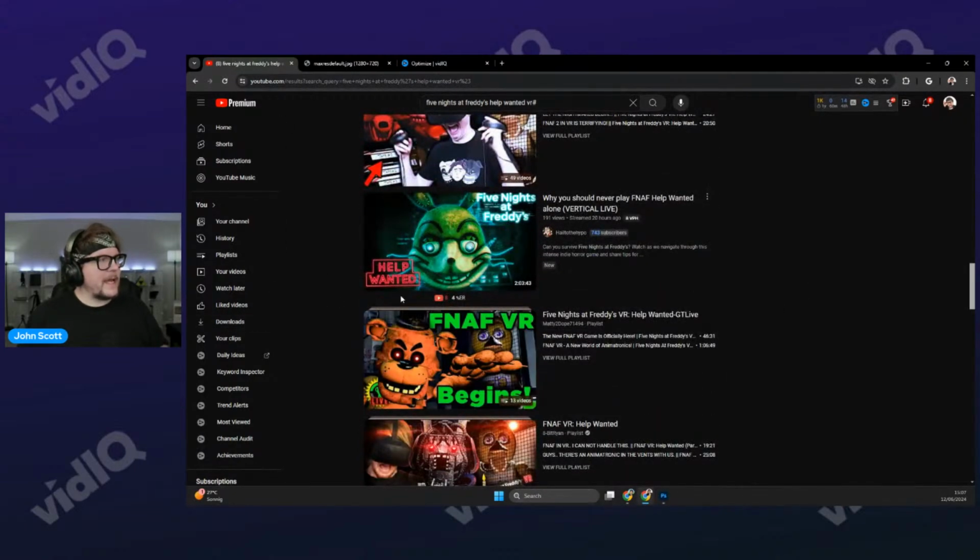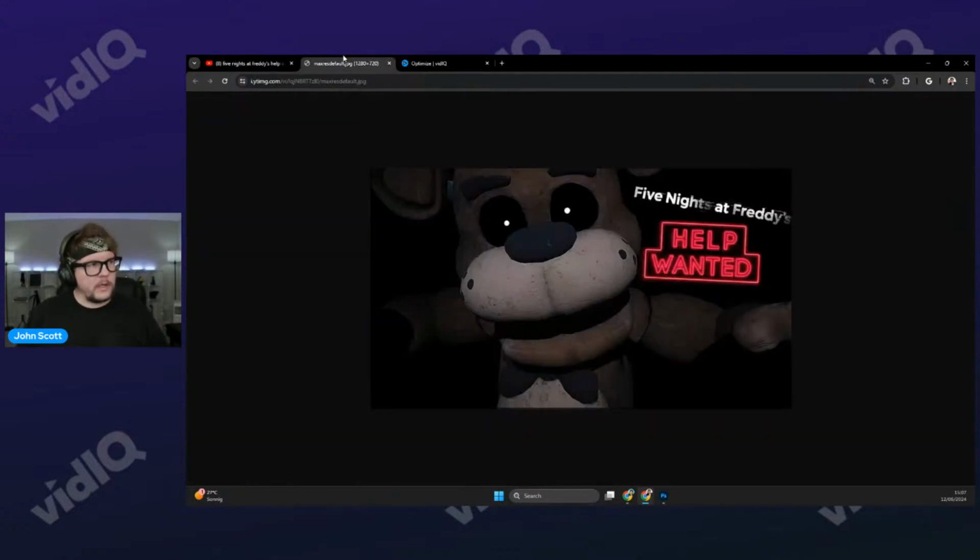Yeah, it looks like even if these are character-centric, they're really making their colors pop. And yours is just a bit dark. So yeah, that might be something to focus on. As far as the text and everything, you've got a logo in there, which is okay. The help wanted really pops out for people searching for that specific game, I think it is. The Five Nights at Freddy's help wanted. So yeah, just brighten the character, maybe add a little background. I think you're onto something though.